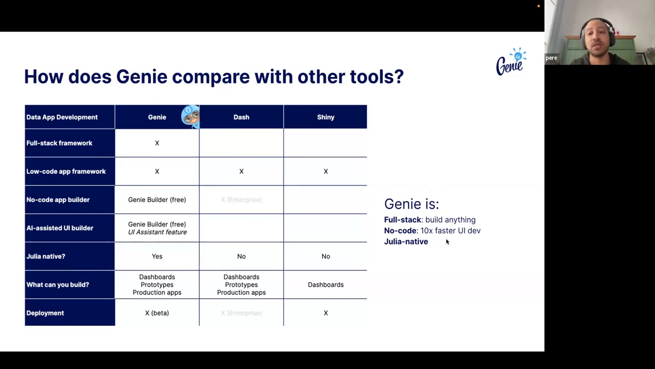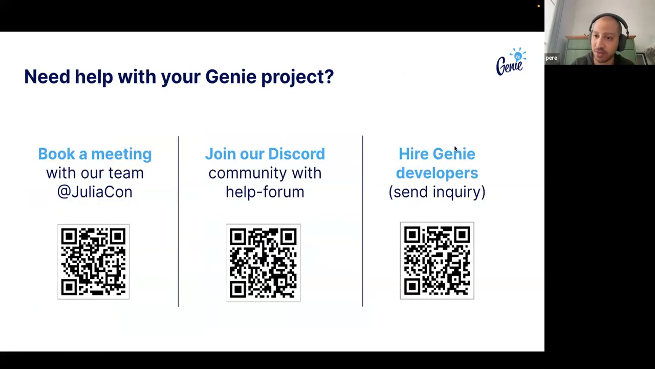We have the no-code plugin for VS Code, which makes it easier to design user interfaces. And also one that is very important, at least for me, is that Genie framework is Julia native from its inception, which makes sure that it follows all of the guidelines in how Julia applications operate. And this is it for the